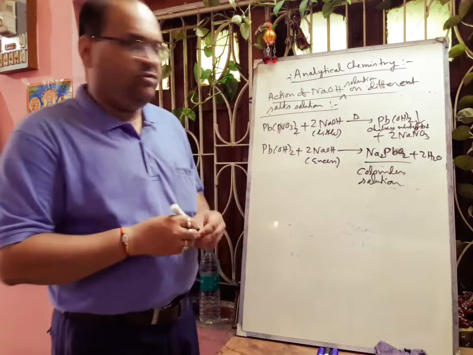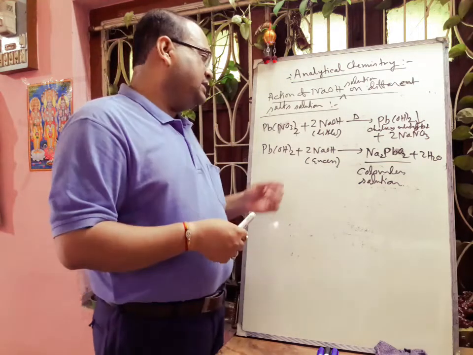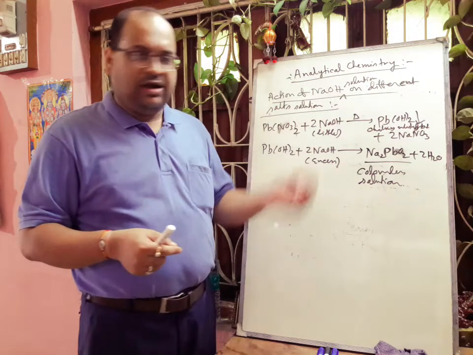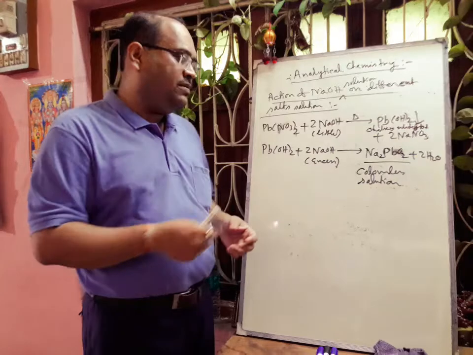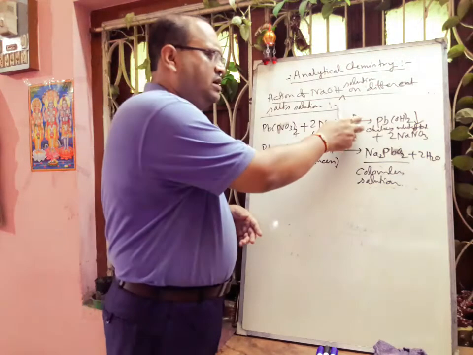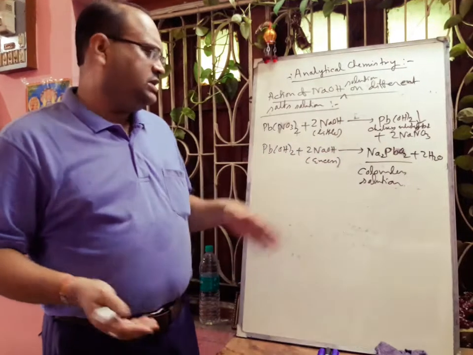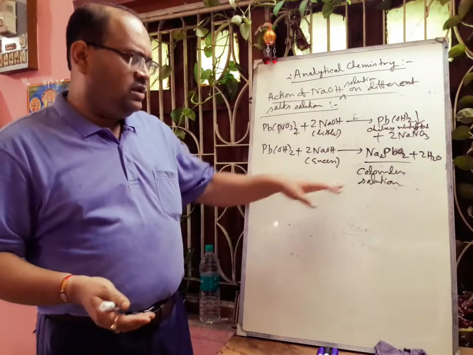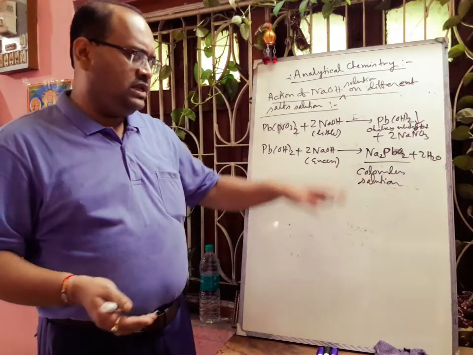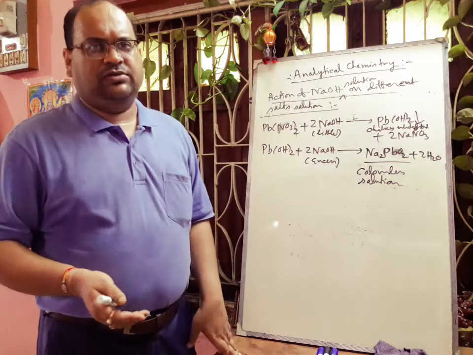So with the help of a dropper, in a test tube where there is lead nitrate solution, when we are adding, first there will be formation of a chalky white PPT. If we add excess of sodium hydroxide, then a little bit of heat is required, or just warm it, then that will become soluble and will become a colorless solution, with formation of sodium plumbite, that is Na2PbO2.